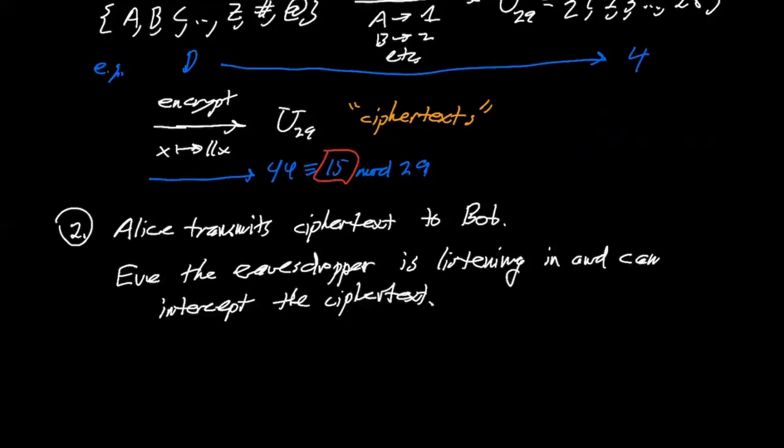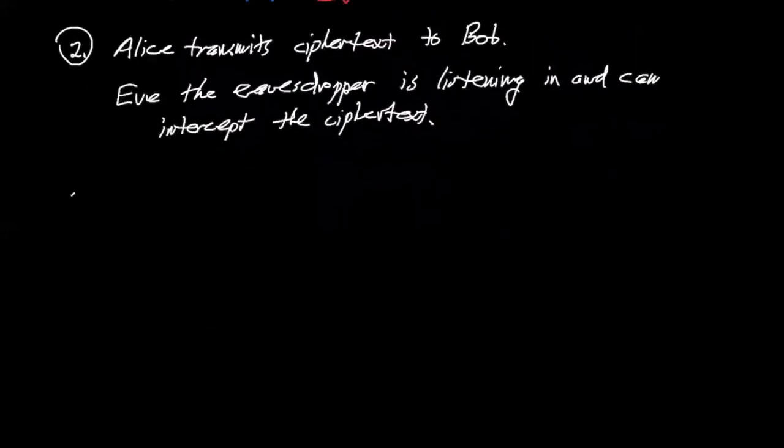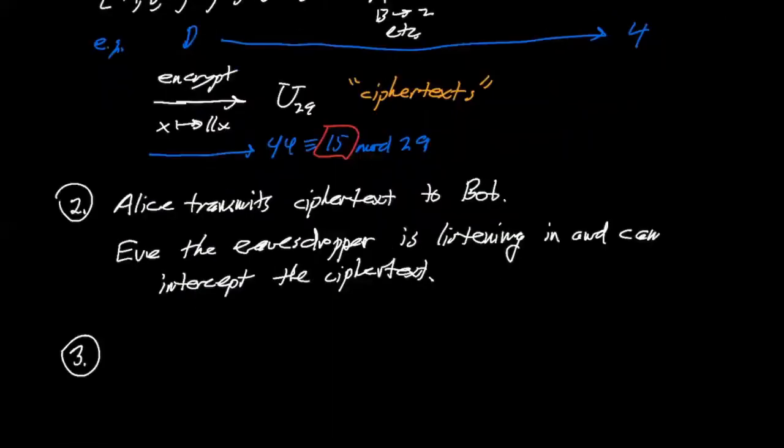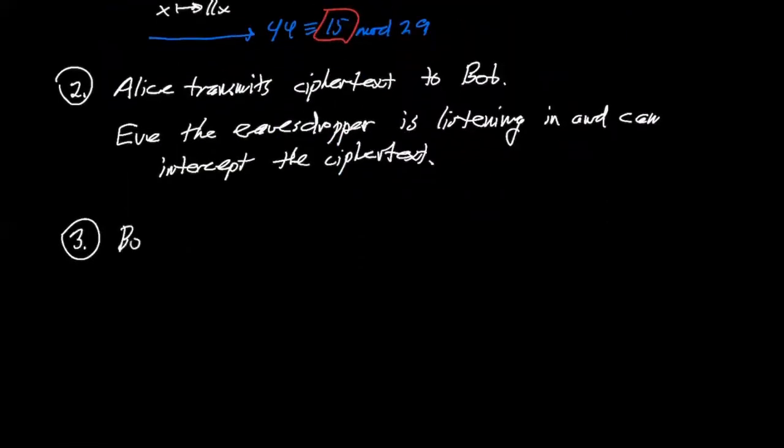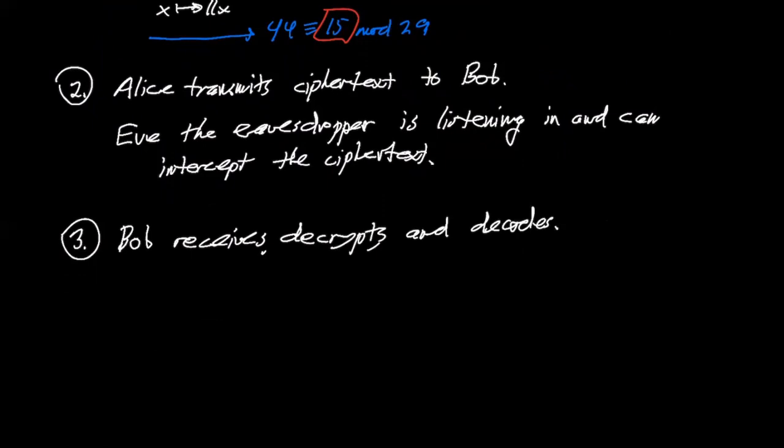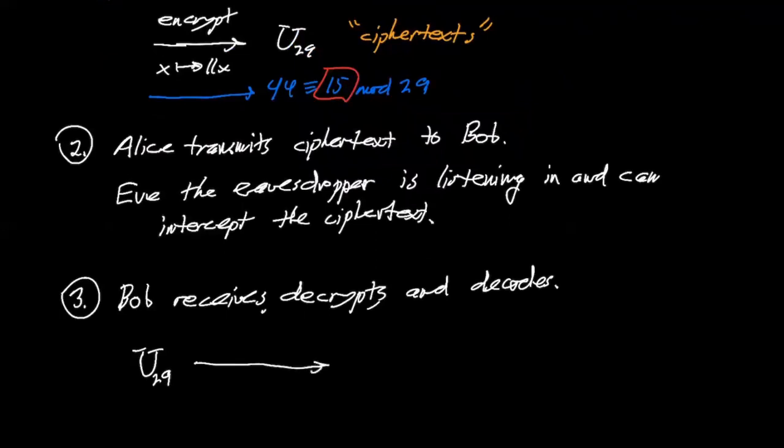Now, and then, so third, when Bob receives the ciphertext, he wants to decrypt and decode. Bob receives, decrypts first, and then decodes. So Bob starts with an element of the set units mod 29, and then there's a decryption function, right? The decryption function,